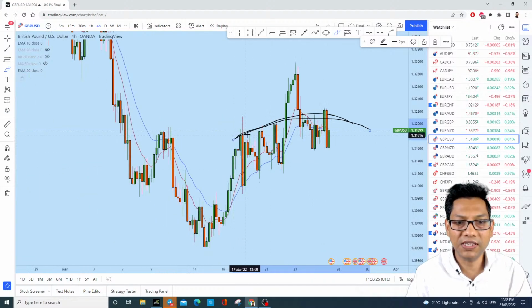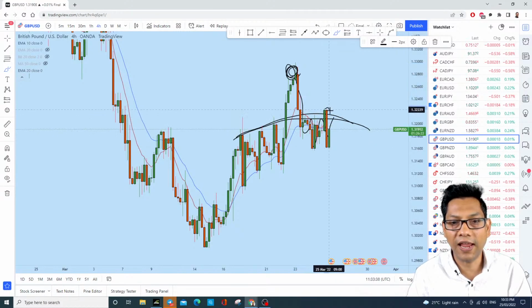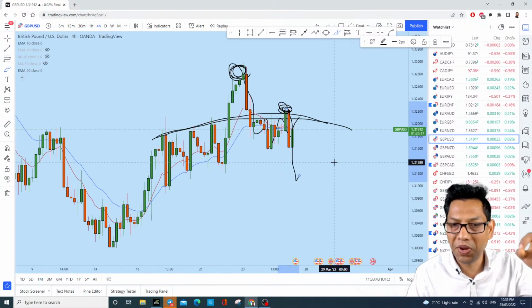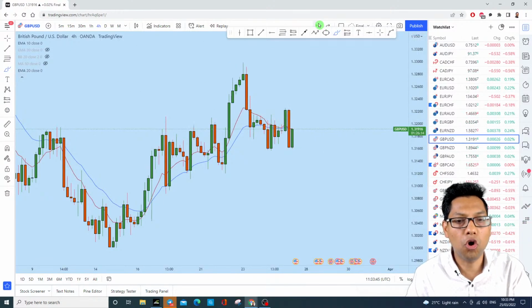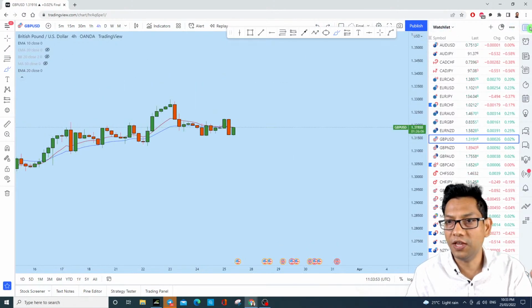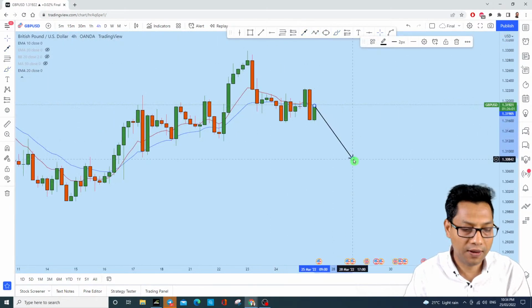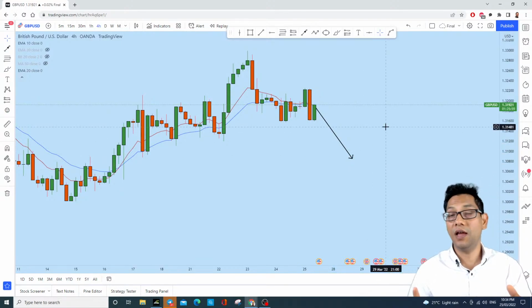You saw the price created this resistance pattern, and we saw one false breakout here, and then price immediately came back down, tested this resistance multiple times again, and again this resistance was broken, and we see that with a big red candle the price dropped, and twice this resistance has created a false breakout. Now to me it looks like British pound US dollar will drop from here, but never